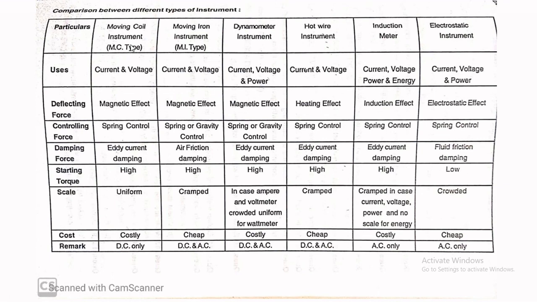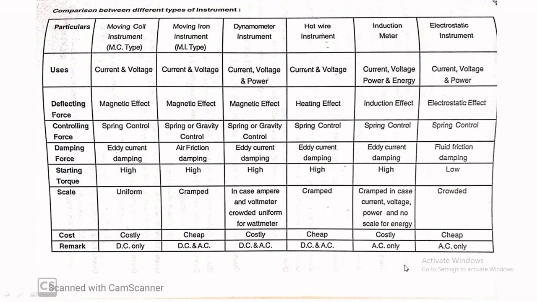So you can get a question like, does PMMC work on AC? You need to tick that it should not work on AC. And moving iron instruments work on both AC and DC. Dynamometer wattmeter works on both DC and AC. Hot wire instruments work on DC and AC. Induction meter